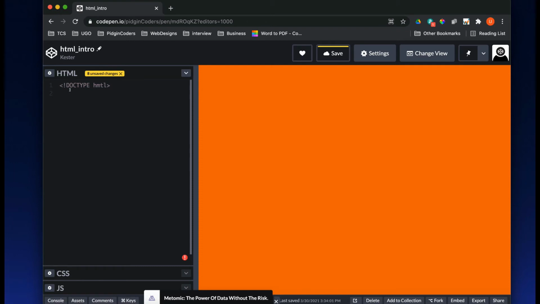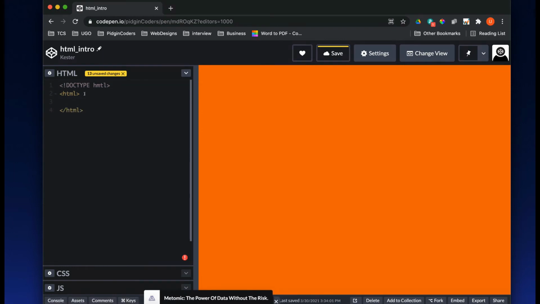Then the second thing, the computer will read all the tags you have. The first tag you need is the HTML itself, they call it html. So like this you open html, and to close it you put a backslash html like this.